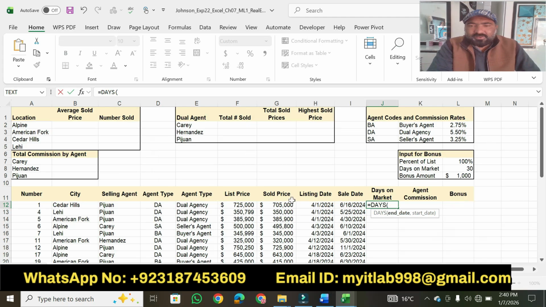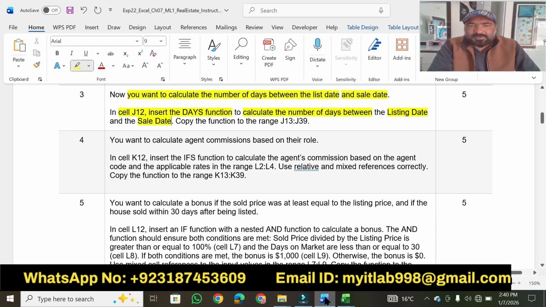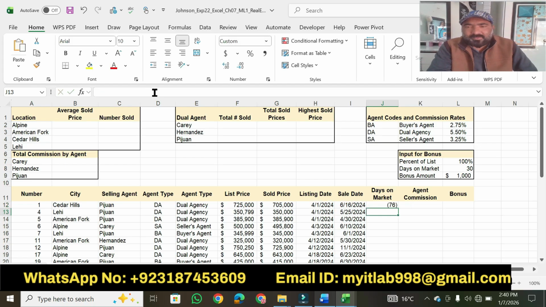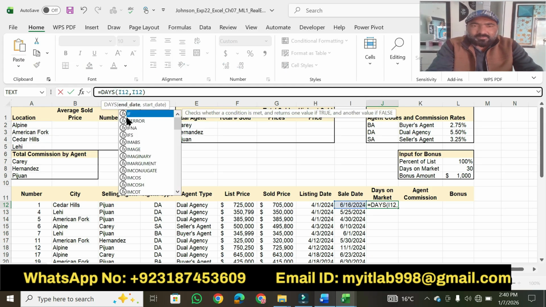Where is a listing date? This one, comma. Where is a sale date? This one. A listing date and a sale date. Then close parenthesis, press enter. Okay, now the answer is negative, meaning we have to shuffle that one, or I12 must be,